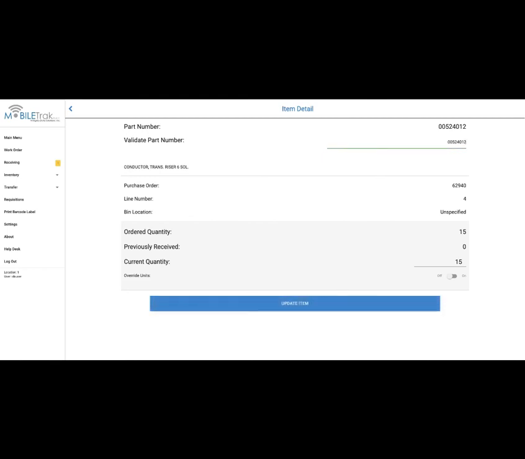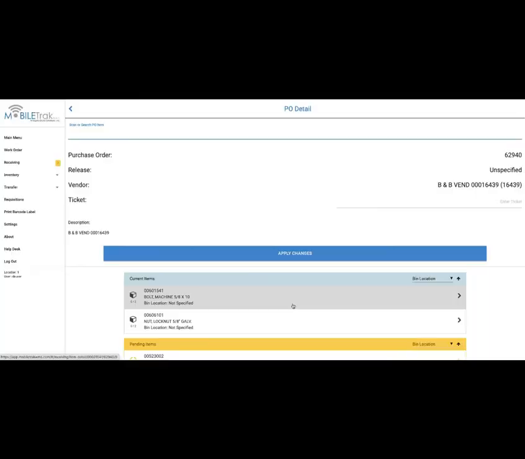So I scan the part, it tells me that it's valid, and I had that autofill turned on. So of the quantity 15 that I've ordered, MOBILETrak is defaulting my received quantity to 15, and I haven't received any previously. I can change this quantity, or I can leave it as is,